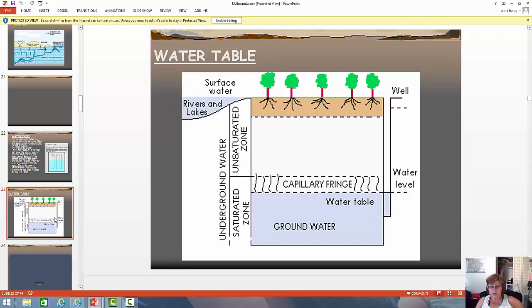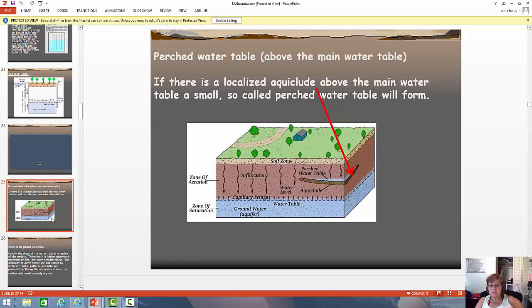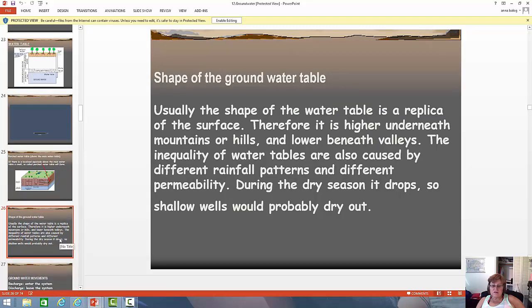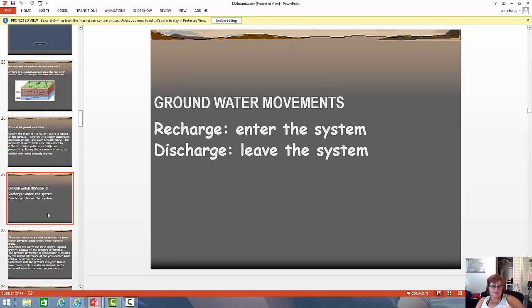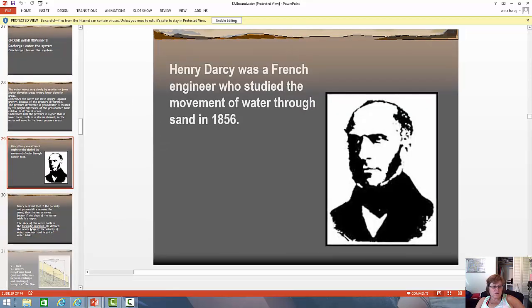Remember the unsaturated zone when you have water and air, and the saturated when it's all filled with water. What is perched water table? You should know that's when you have an aquiclude above the main water table, and it makes a temporary water table right there, which you call perched water table. So the shape of the groundwater table, you got to know that's equal with the shape of the surface usually, and you got to know what is the recharge, discharge, of course, and then the Darcy law, which is